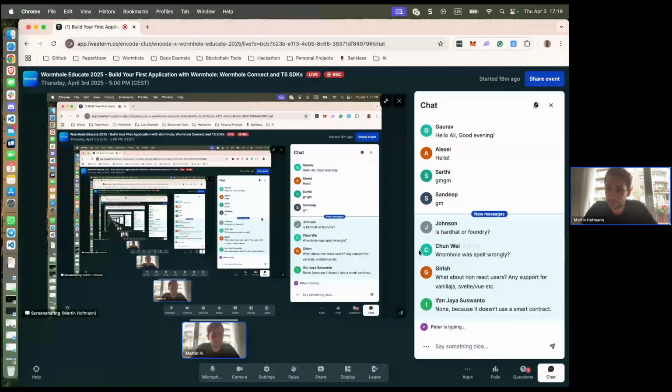Okay, yes, we have a question. Is Hardhat or Foundry used? In this case, we're not using Hardhat or Foundry for the Connect widget. Everything is taken care of. We don't need to directly interact ourselves with the smart contracts. So yeah,